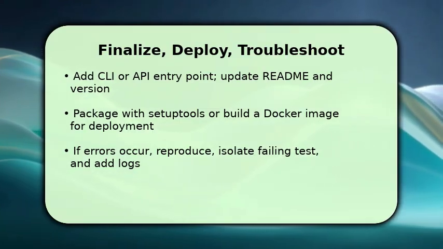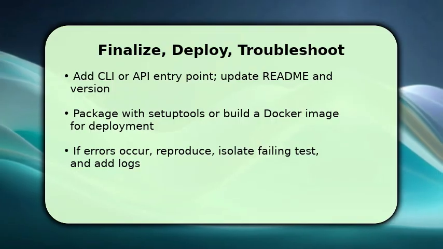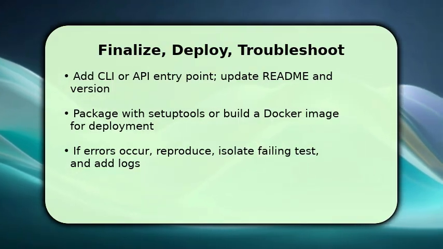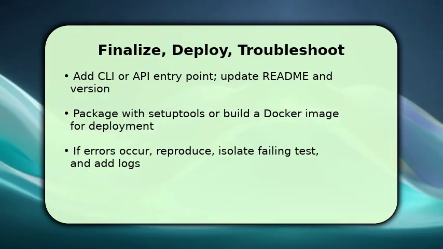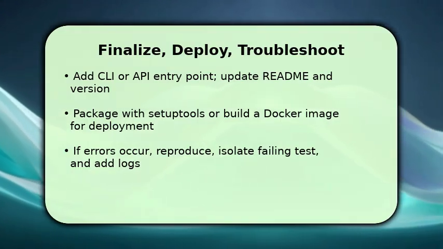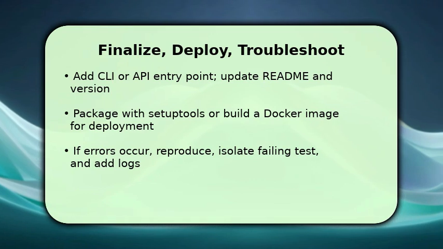If something breaks, reproduce the error locally, isolate the failing test or function, and add targeted logging to capture state. Make sure to revert to a stable commit if needed, and add a failing test before fixing, so the problem stays